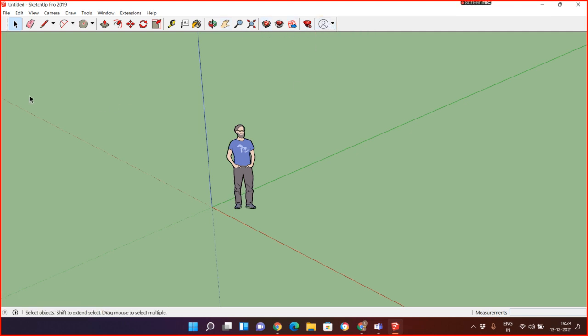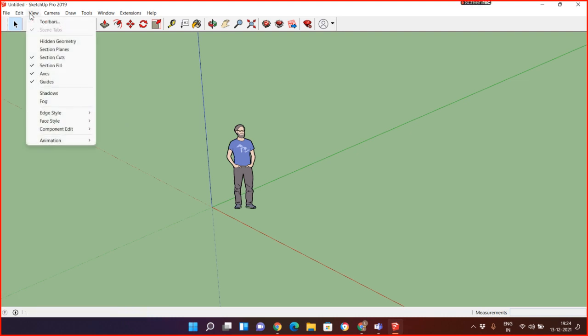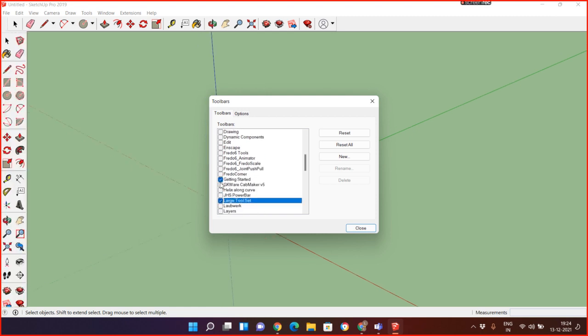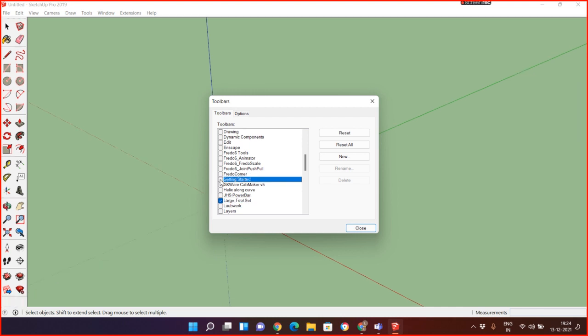So now I want a large tool set. I don't want the smaller tool set over here. So how can we set the tool? This is in terms of view. So I'm going to View and Toolbar. Okay, when I go to Toolbar, over there is the entire tool list, but what I require is the large tool set. So when I go down, click and turn off this one.